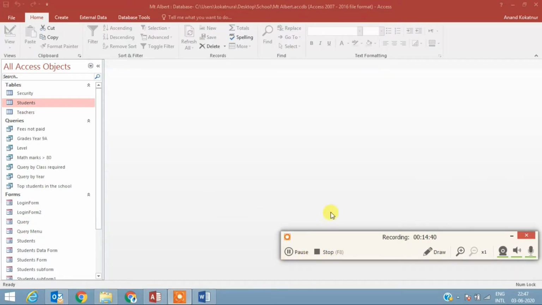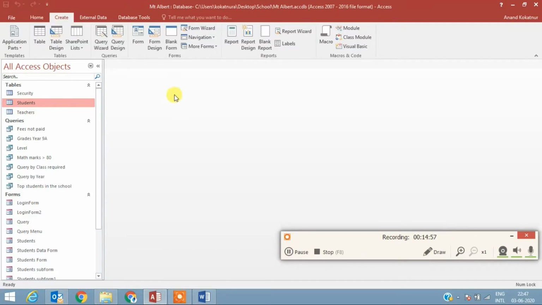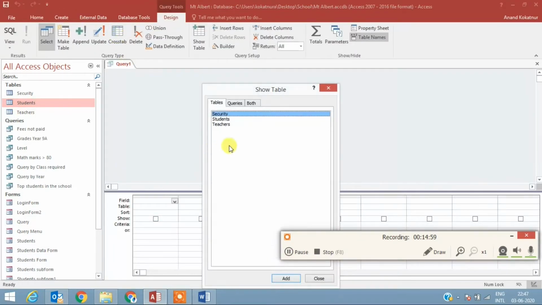You can also create more complex queries by using some functions. I'll just give you an example of that. So I'm going to go to create. In our table, we already have the grade calculated and we have used coding for that, Visual Basic coding. But I am showing how you can do this even without the code. So I'm going to query design, select student,